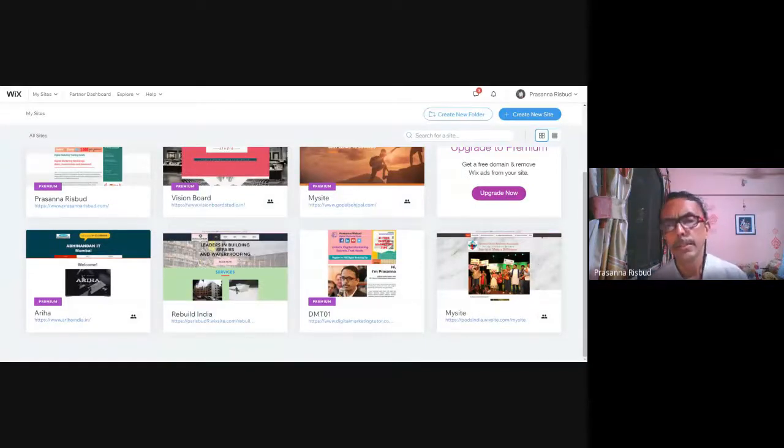Very simple. So all these softwares are available for you for using all this for social media and your digital marketing promotion. You can use it on your own very easily, and you can create your own designs, create your own videos, create your own website. Everything you can handle without taking the help of an external designer or a website maker. You can do everything on your own. All these things can be done even at your home. Just have to use your PC, log on to all these softwares, and you can do it.